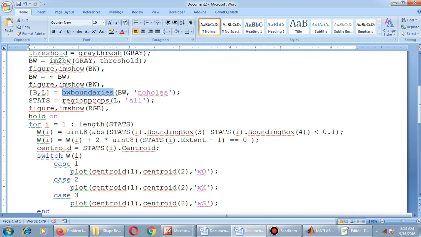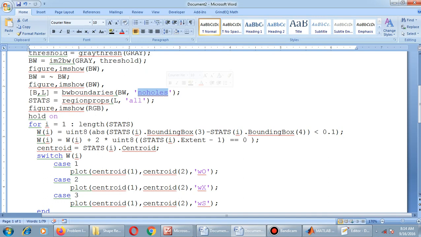Using bwboundaries, we are finding the boundaries of that image, mainly its components. You have an argument: BW is the converted black and white image, and noholes is the property. If you have a circle inside a rectangle, we call that a hole, right?